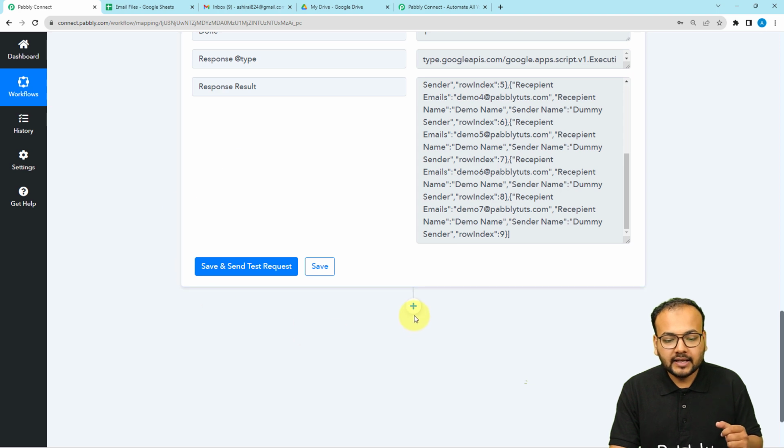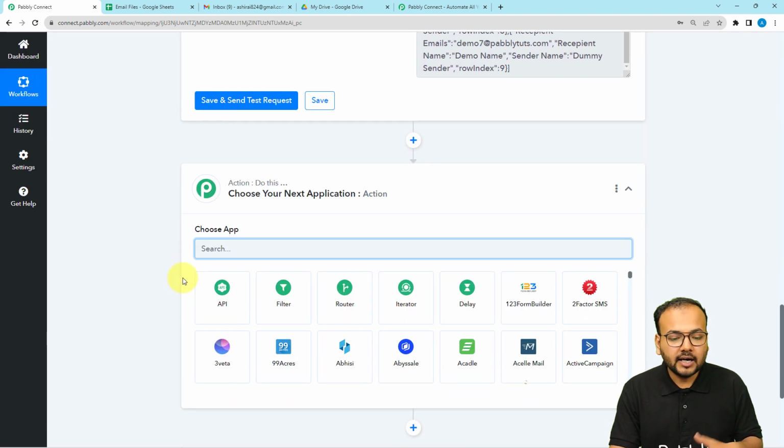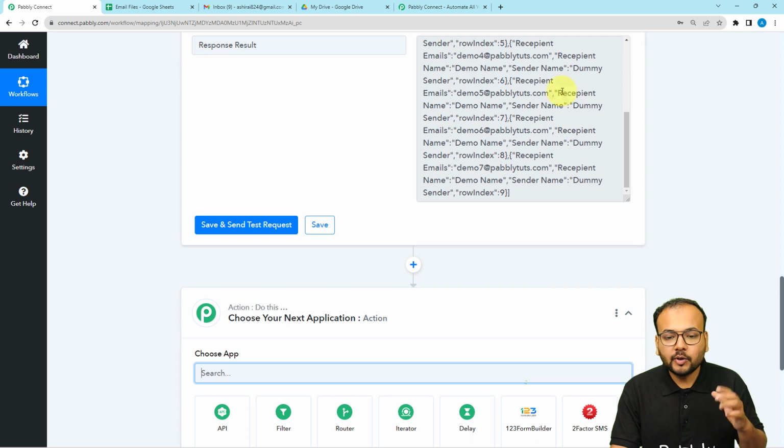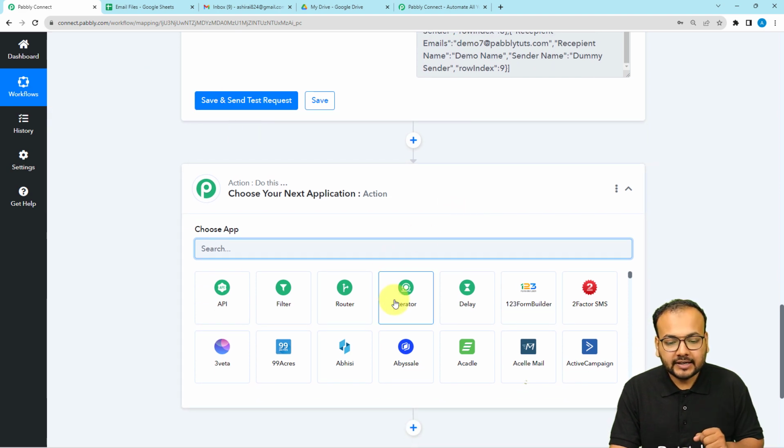Now guys, just click here on this plus icon to add one more action window. And here I'm going to choose Iterator feature of Pabbly Connect. So what Iterator will do, Iterator is going to iterate this array and separate the data in one by one form, in row by row form actually. Okay. So with the help of Iterator, we are going to ensure that this workflow is going to run for every row one by one starting from the first row. Okay, so select Iterator here